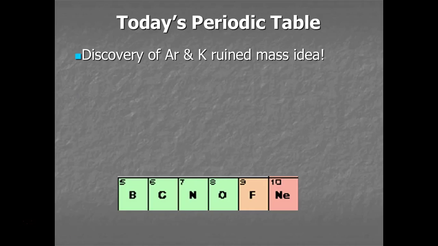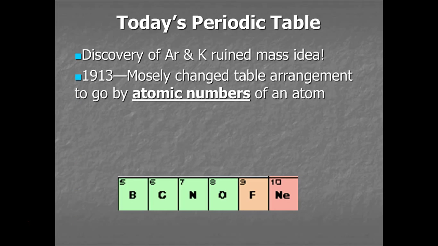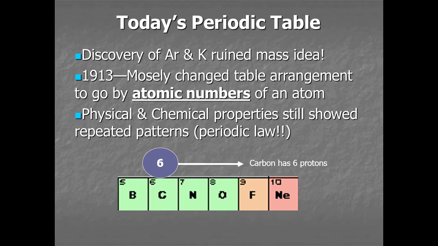Okay, so when we found out that there was argon, this noble gas, and we looked at how it related to potassium, we saw that the mass idea was wrong, and so we organized it according to atomic number, which has to do with the number of protons, and so that's how it currently is. And this guy, Moseley, actually went through this process of rearrangement and developed a more modern periodic table. So Dmitri Mendeleev is kind of the one who came up with the original idea, but Moseley is the guy who kind of refined it into what we have today.